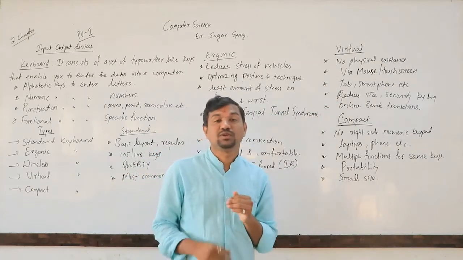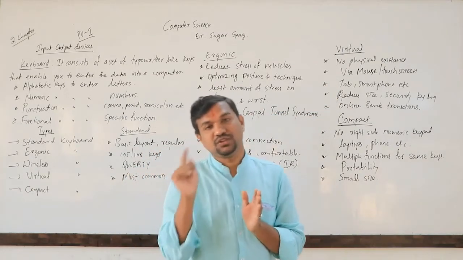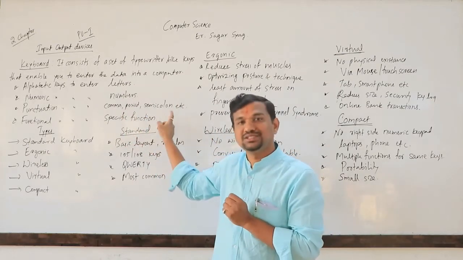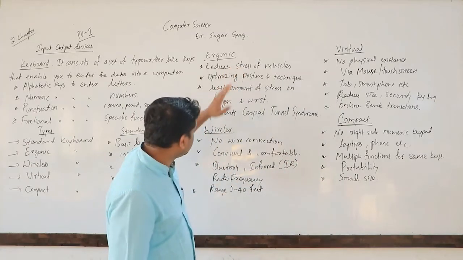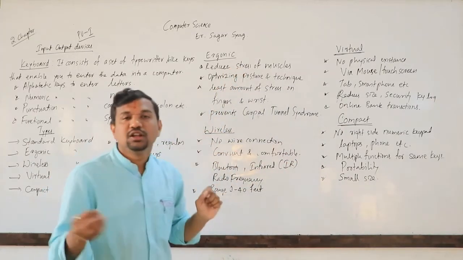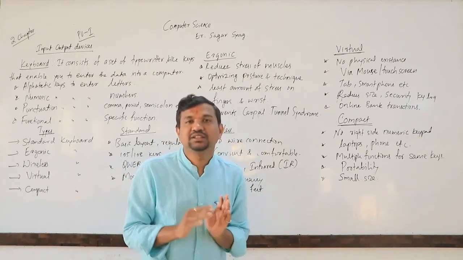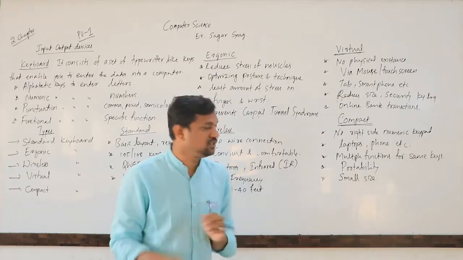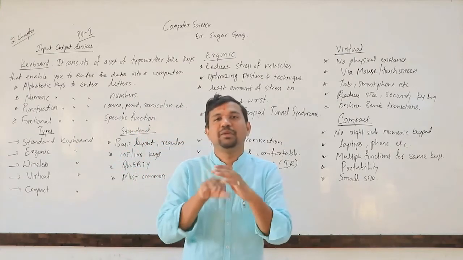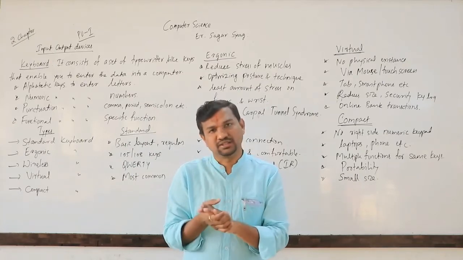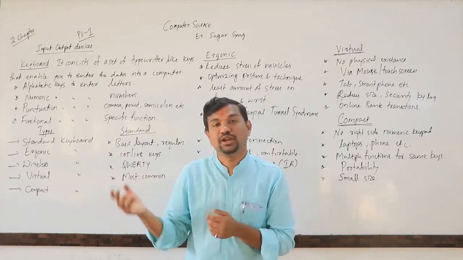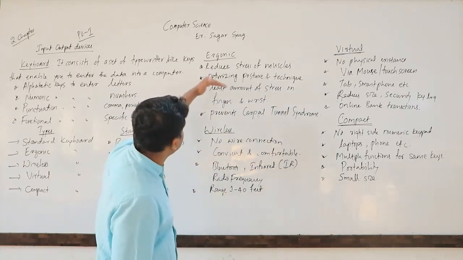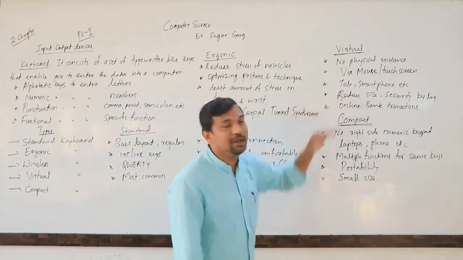Next one is virtual. See, evolution occurs. First typewriter, later on keyboard. In the keyboard, standard, ergonomic, wireless. So what they are doing is observing the defects and effects, and reducing the problems and disadvantages. The typewriter caused a lot of problems on the toes, fingers and wrist. That is reduced enormously with the keyboard concept. Now they came with standard, after that ergonomic, after that wireless. Now they came with virtual.